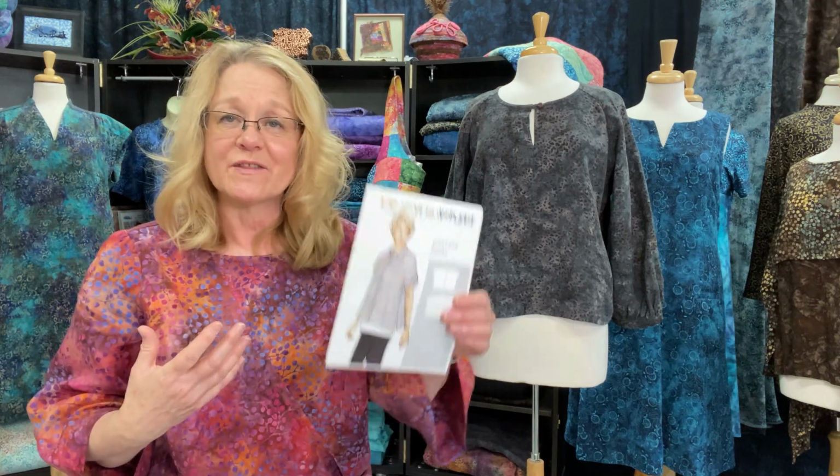One of the things that I want to share with you are what I call lessons learned. And the topic is how to read a pattern and how to select a pattern that meets your expectations of the garment or garments on the front or the back of a pattern jacket. Because sometimes when you're at a fabric store and you're going through some of the fabric books, or you're on the internet and you're browsing through different garment patterns from independent pattern designers, or just whomever it happens to be,